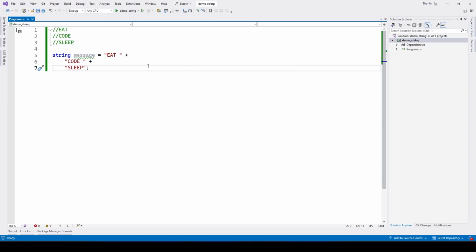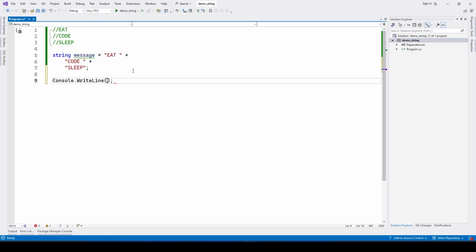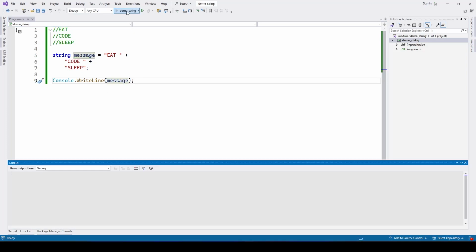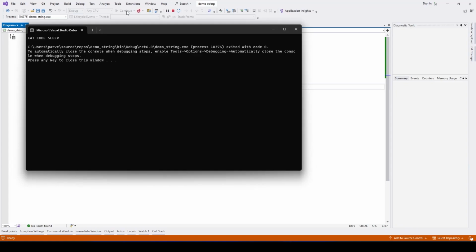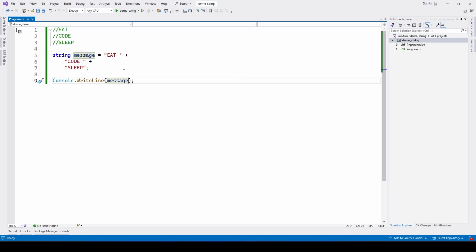sorry, we didn't give the print command. If I print this message, you can see here all the three words are coming in this single line. This is happening because the compiler doesn't know where we have the line breaks. We have to tell the compiler where we need to break the line, and we need to move the text